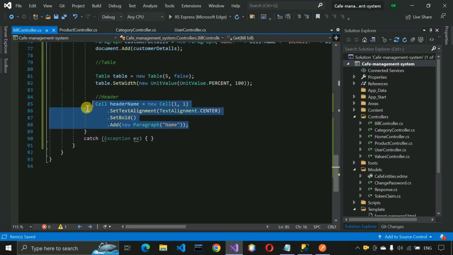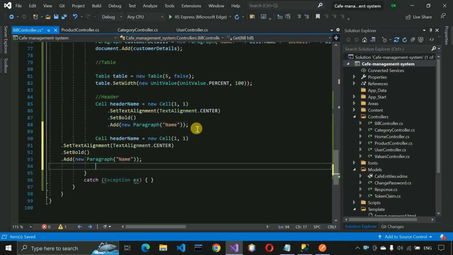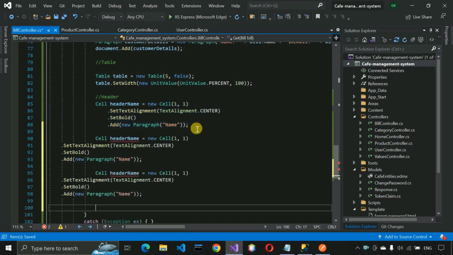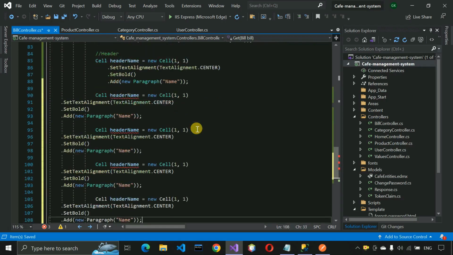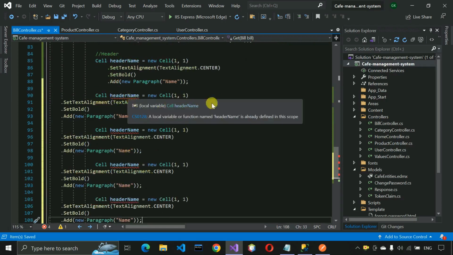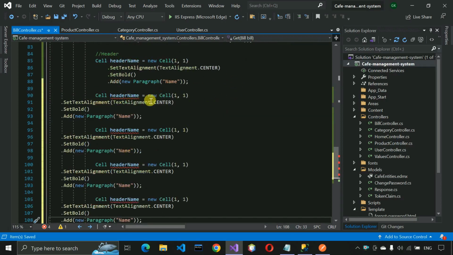Let me copy this one, paste it over here for the category 2, 3 and 4. So one by one we are going to change the name. So the first after category, here we have to change the category. So category, and this will be for category header. Okay, so it should be header category,